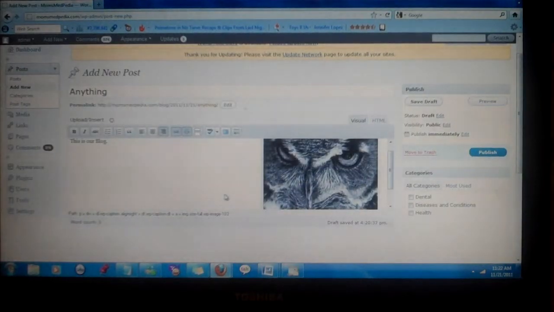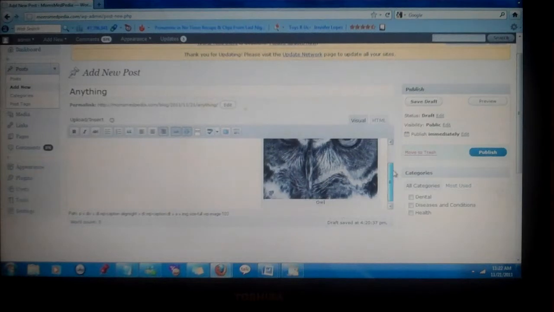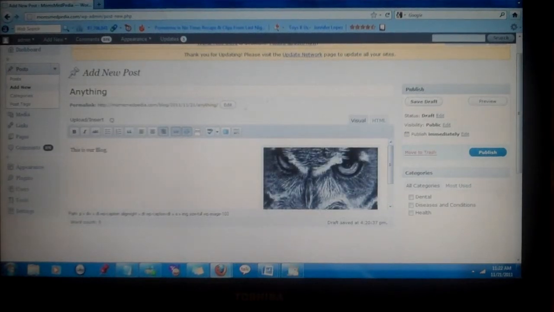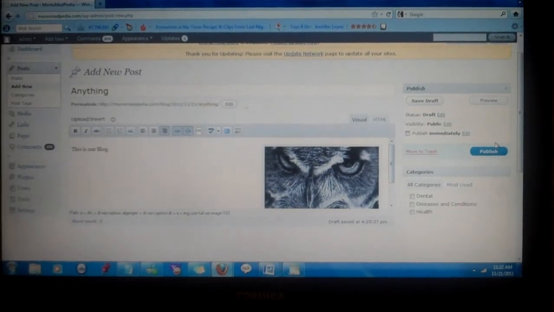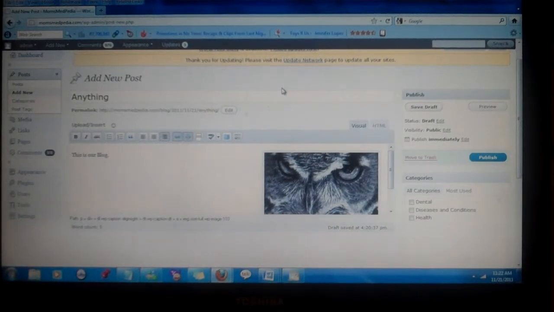We can, down here at the bottom, update. Now it's over there. If you look at our words are over here on the side now rather than below it. And then you can always save it as a draft or publish it immediately, whichever you want to do. We'll get into more things that you can do with your posts